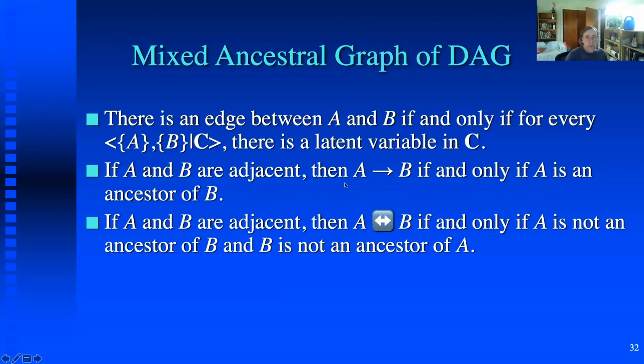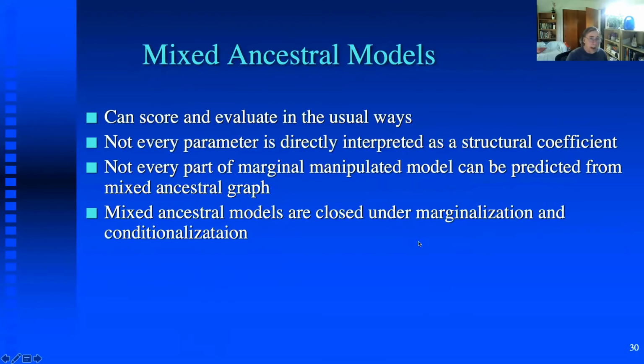If they're adjacent, then a single directed edge means that A is an ancestor of B, and if they're adjacent, then a double-headed arrow means that neither one is an ancestor of the other. So if I form the graphs in that way,